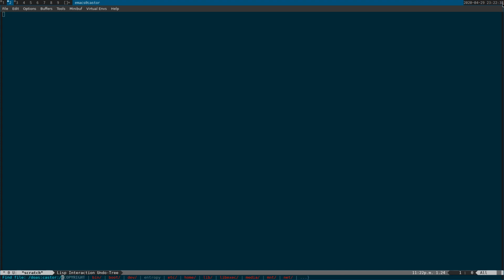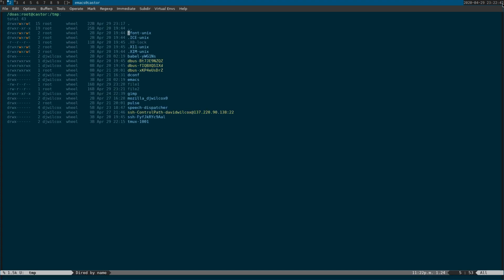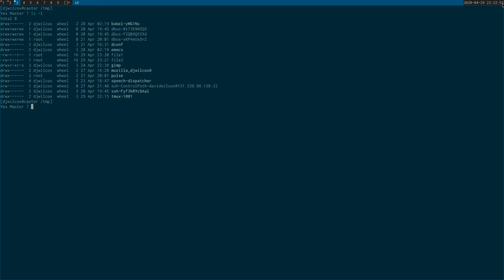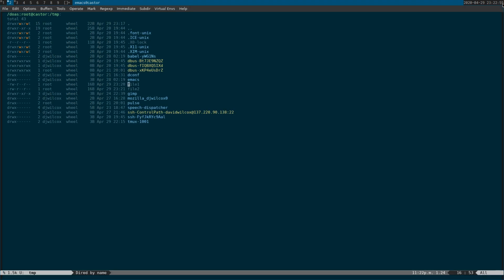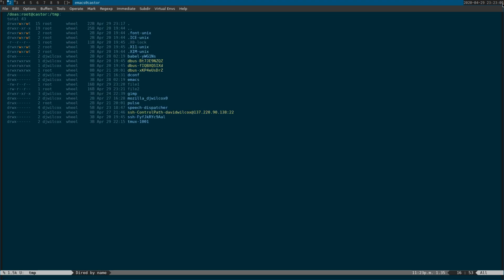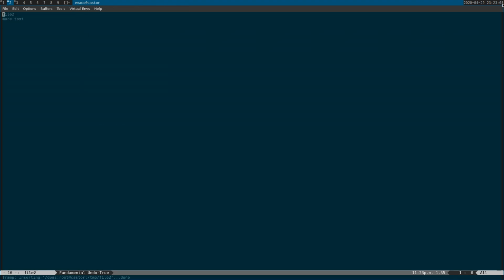Okay, and now I can specify the directory, the temp directory, and I'll switch to dired, which is the file manager built into emacs, and I'm going to come across to file 1 and file 2, which are the files that I was just editing here. I'll come across and edit file 1, see it's written the file, kill the buffer, come across to file 2,